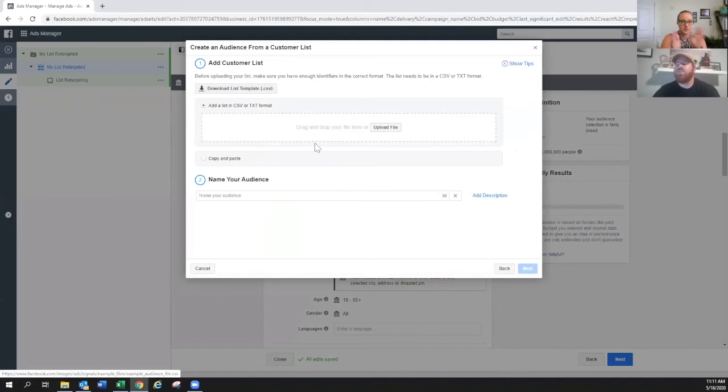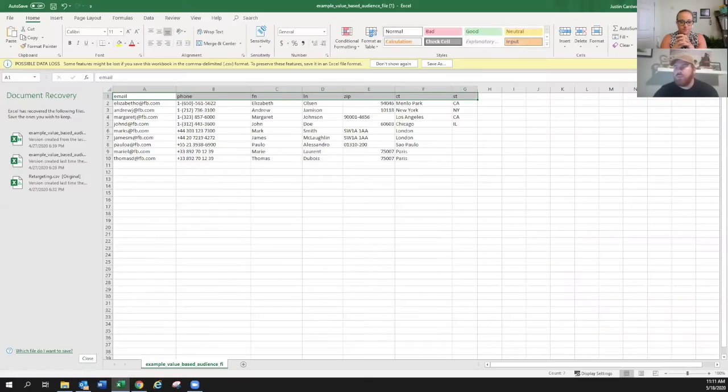And then this is where you want it to be quick. You have your list. More than likely, you already have it broken down by name, phone number, email. You probably can upload it right into here. Now, the one thing is that you do need it in CSV format. So if you don't know how to do that, I could show that just really quick. Yeah, that's super quick.